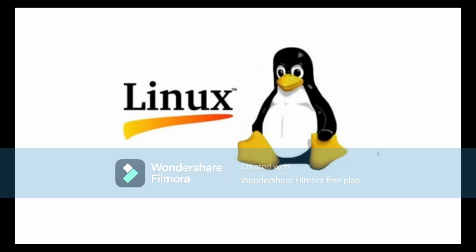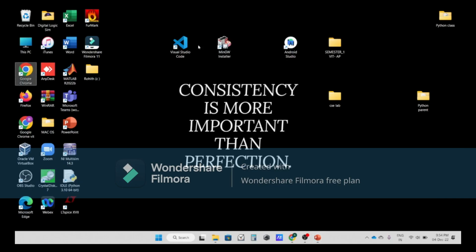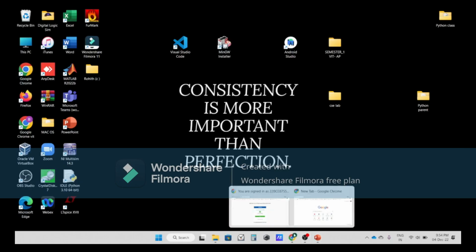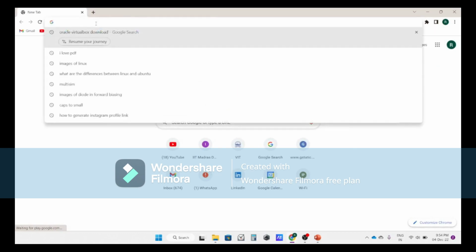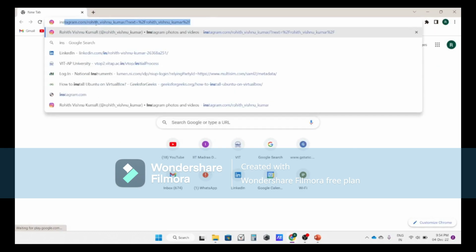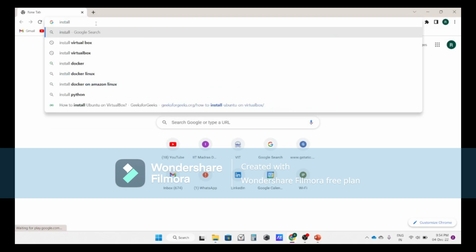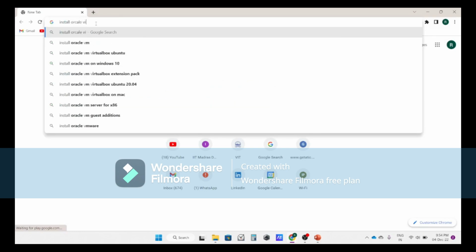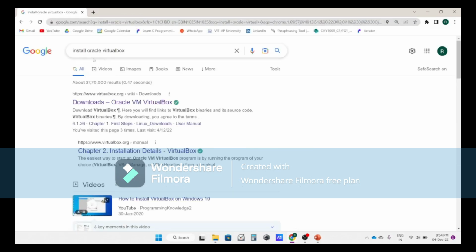We'll be exploring that. So the first step is how to install Linux on a Windows machine. For this we need to first install a virtual machine. So how to install a virtual machine? Head on to Google Chrome and type install Oracle VirtualBox. Just hit that and pick the first website,